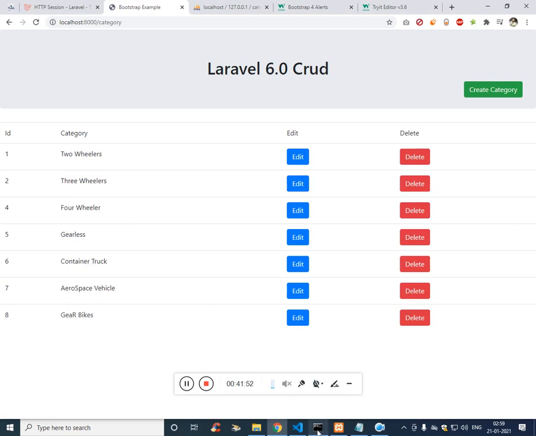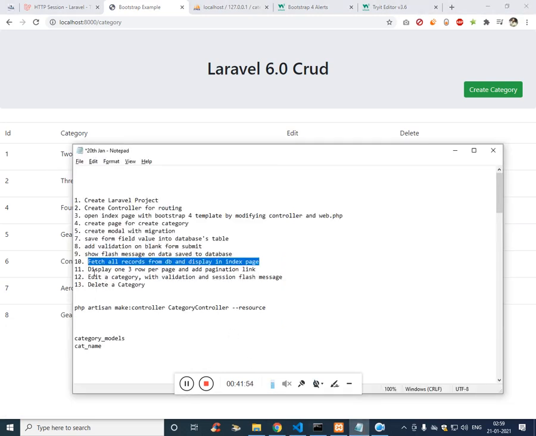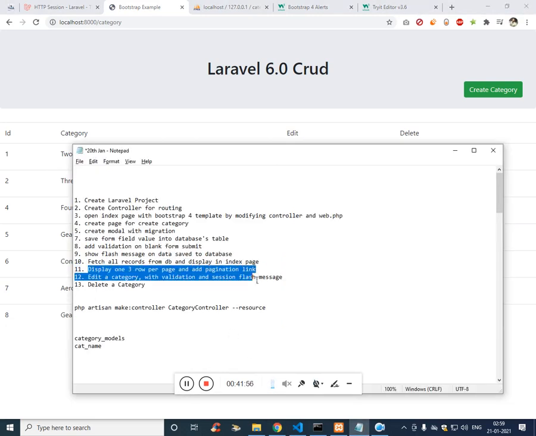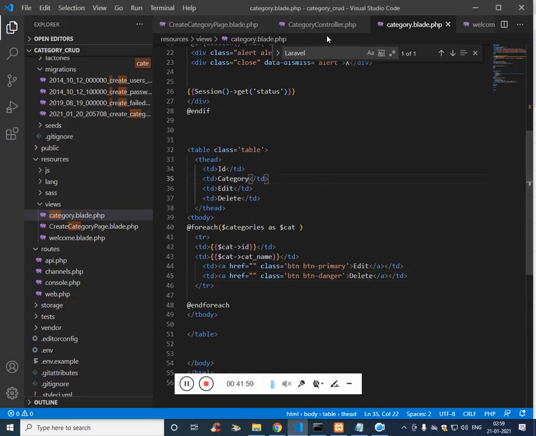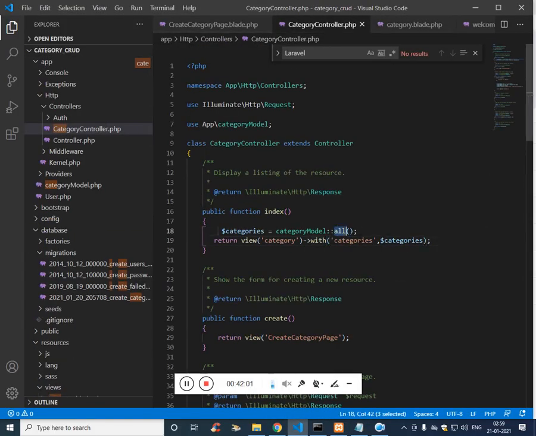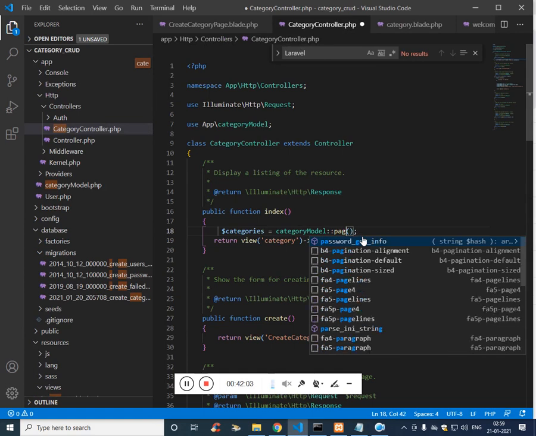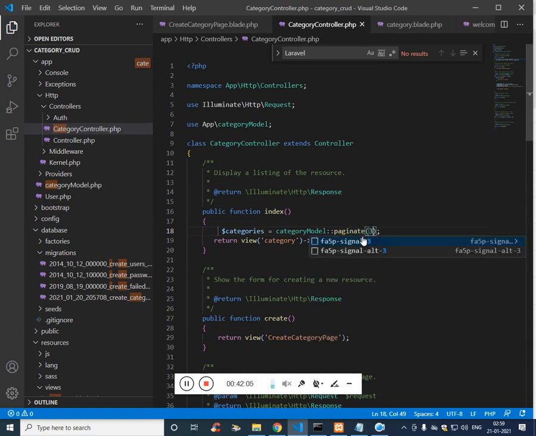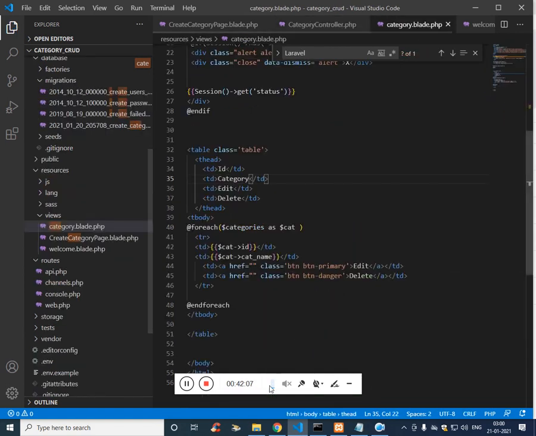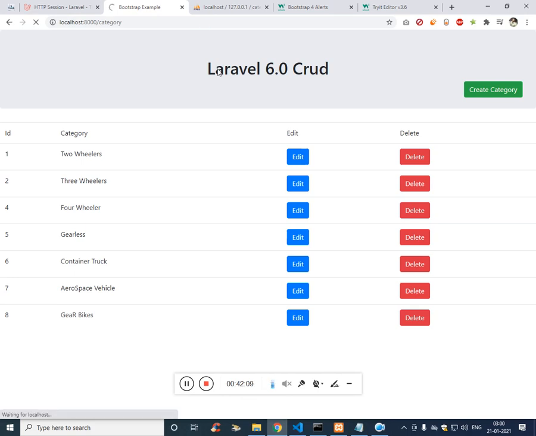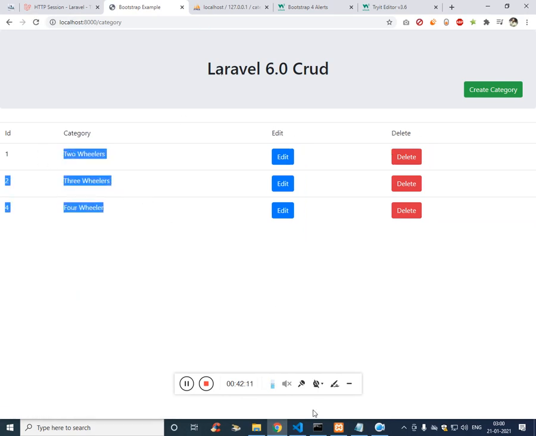That seems okay. The second thing is we just have to show only 3 rows per page, so that is also simple. Instead of all, we have to use paginate, and we just have to pass 3, and if you refresh, we got only 3 values.